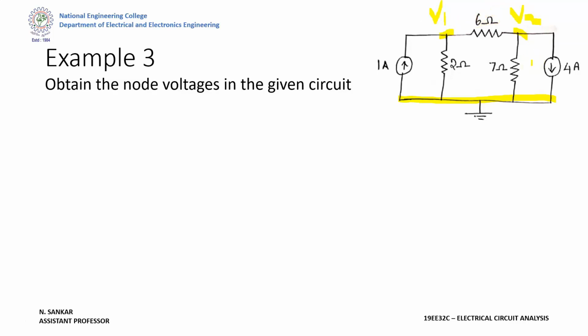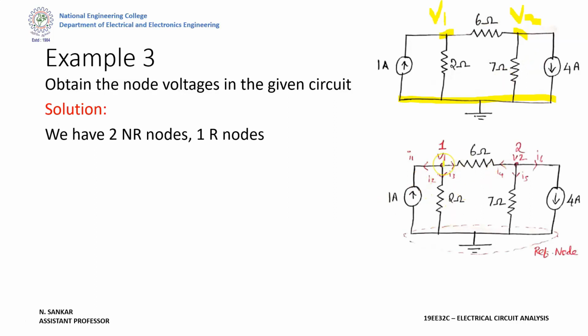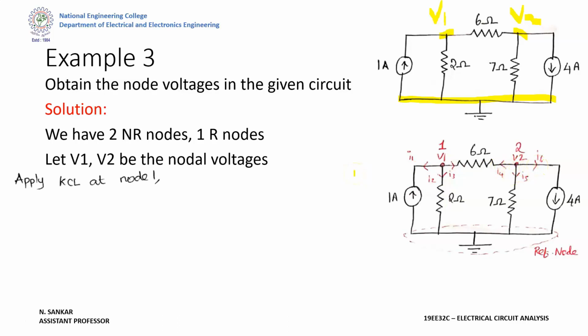Okay. Now just give the current direction. So current direction like this. I have given the current direction I1, I2, I3, and here I4, I5, I6. Apply KCL at node 1. So which will be equal to I1 plus I2 plus I3. Here I1 is nothing but minus 1 ampere because of the arrow mark direction, that is current entering; here current leaving, but here the current is entering. So both are opposite. So minus 1. Here V1 minus 0 by 2, that is V1 by 2, and here the current is flowing from 1 to 2. Okay, that's why V1 minus V2 divided by 6.